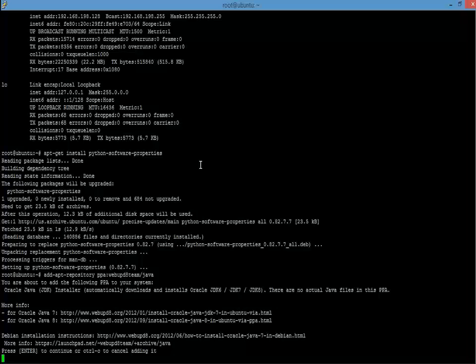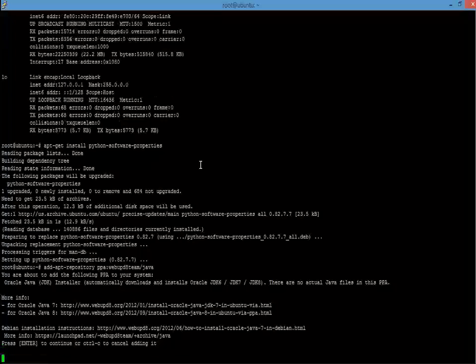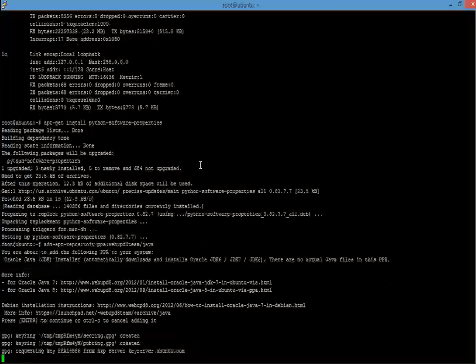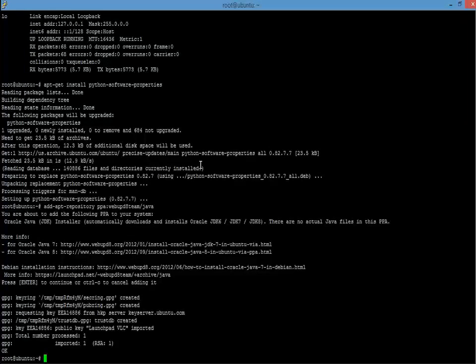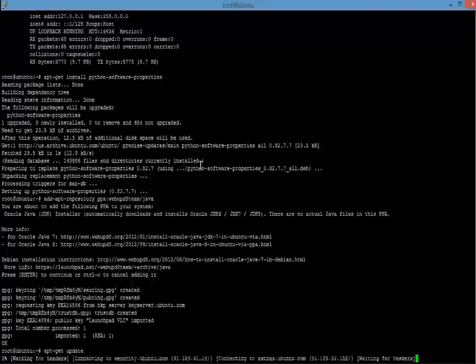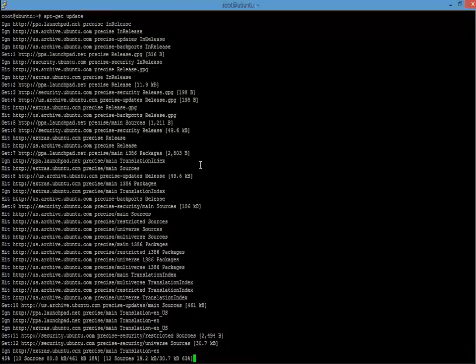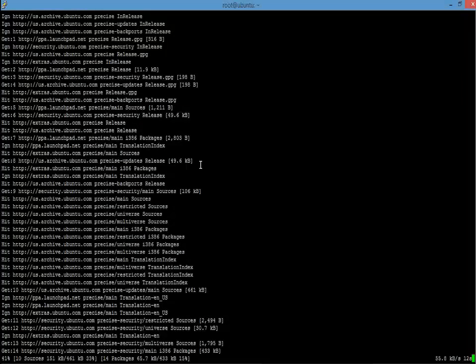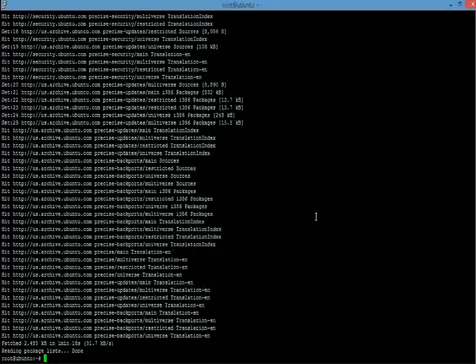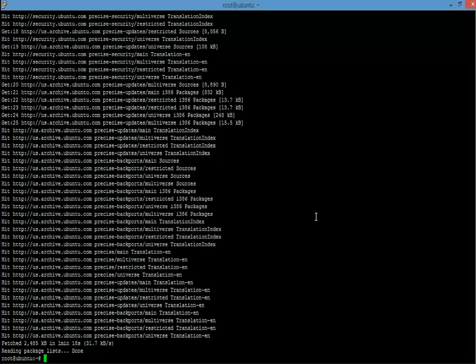These commands basically add a repository from where we can download the latest install files for Java. Now let us run the update command to get the latest install files from the repositories that we just added. Now once the reading of the package lists is done, we can finally run the command to install Java version